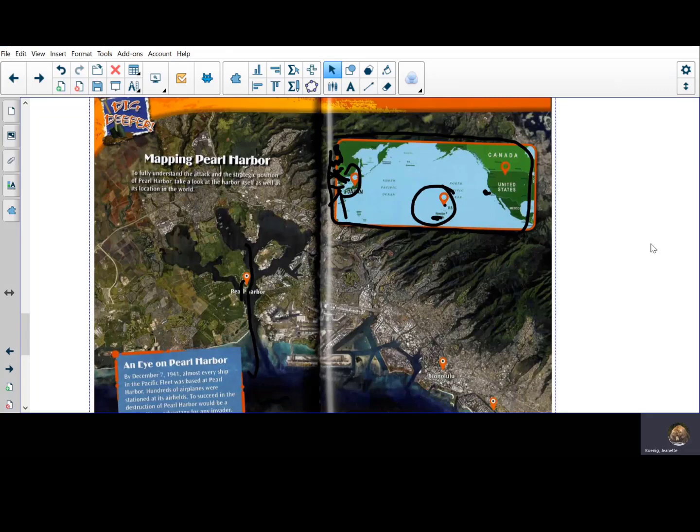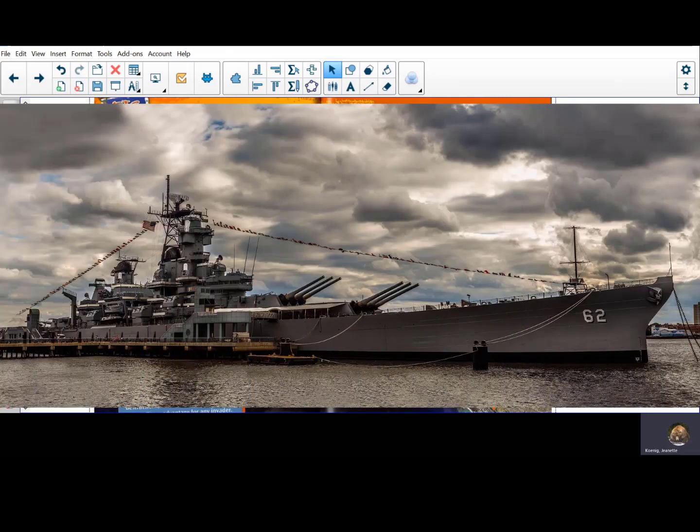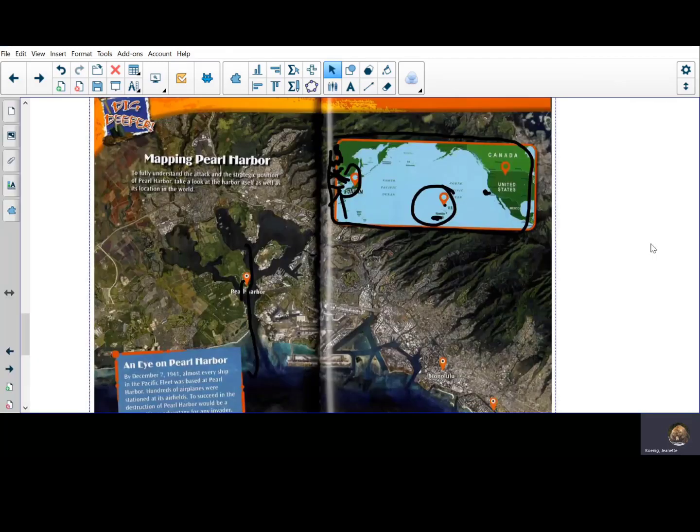Now up to this point, wars on the ocean were conducted with battleships that had giant guns on them that could shoot at whatever was on the land. So if your enemy wants to attack you with big battleships out here in the ocean, it's going to be hard for them to get into this harbor. They would have to go in one at a time and would probably get destroyed on the way in by your ships, which are just sitting there waiting for them. And this is the only way in where your ships are. So the harbor seems like a really great place to put your navy.